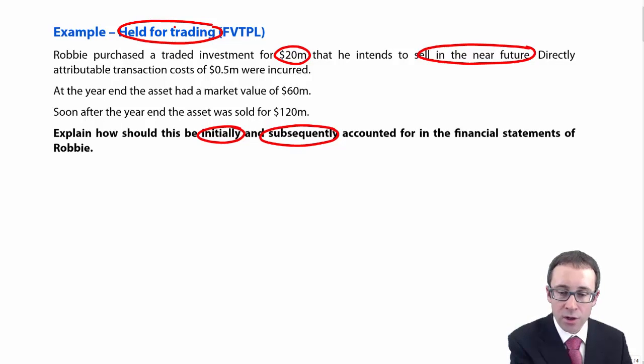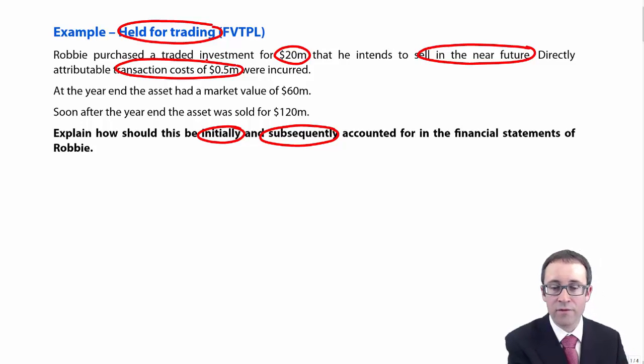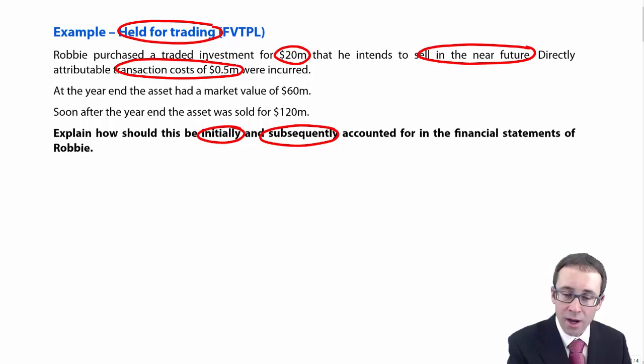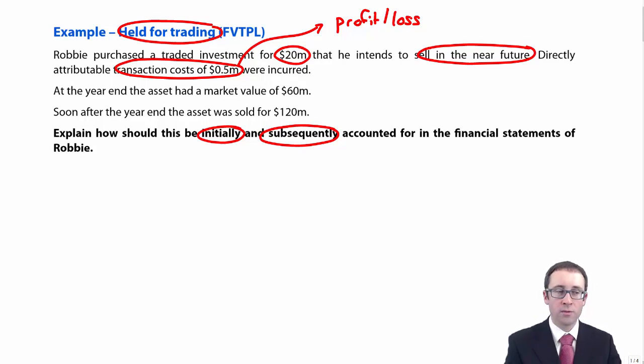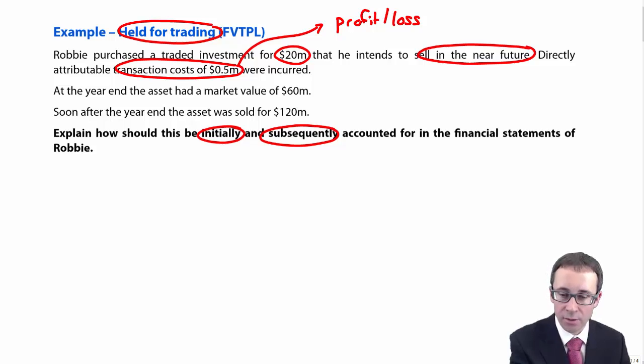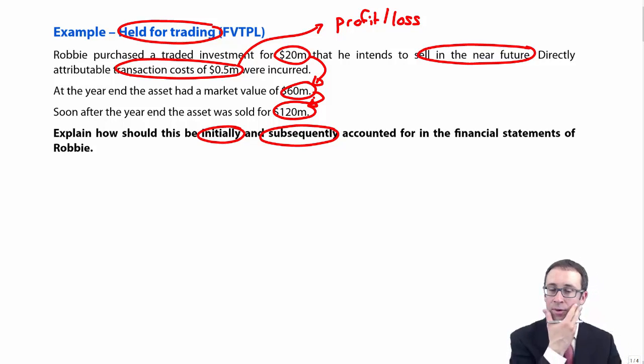Transaction costs of 0.5 million were incurred, as it is fair value through profit or loss. Those transaction costs go immediately to profit or loss, don't they? Okay. So that's everything about the initial. Subsequently, it had a value of 60 million. So that's at the reporting date. So we will need to get it from its 20 to its 60. And then soon after, it was then sold, wasn't it? So when we sell it, we get a profit or loss on disposal, and we will need to show how